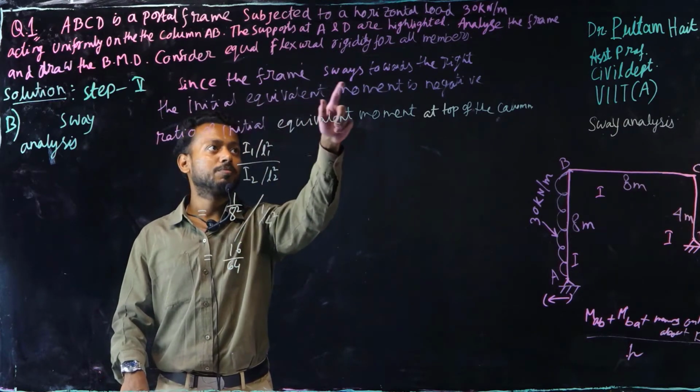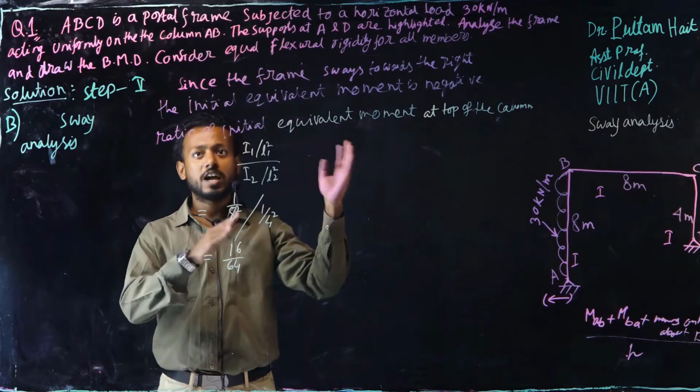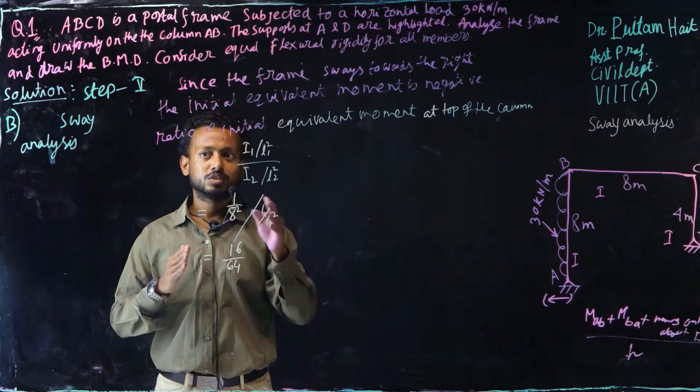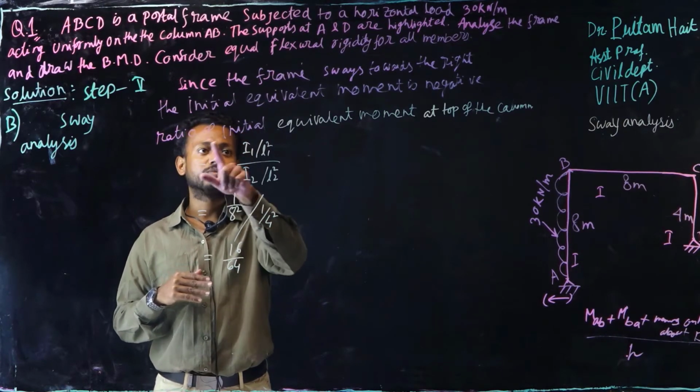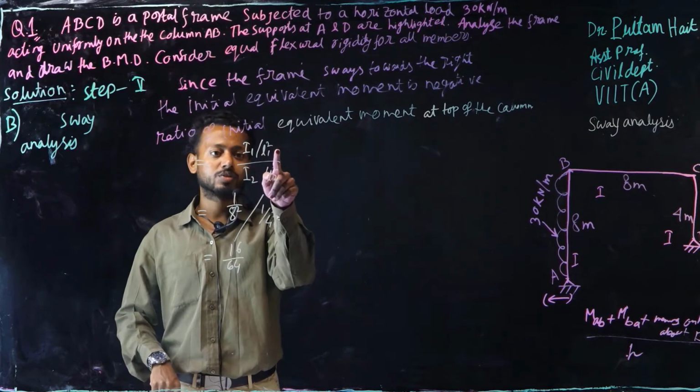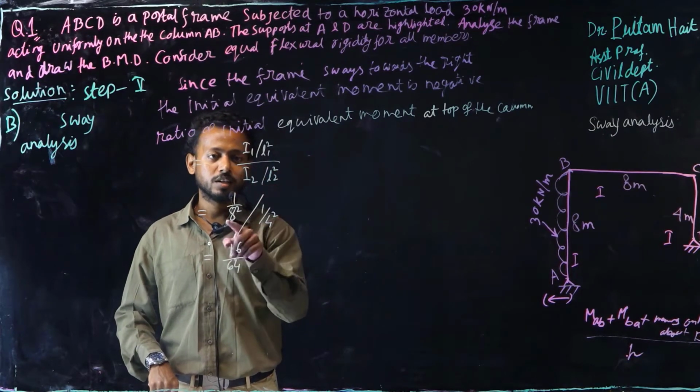Since the frame sways towards the right, the initial equivalent moment is negative. Okay. So the ratio of initial equivalent moment at the top of the column is I1 by L1 square divided by I2 by L2 square equals to